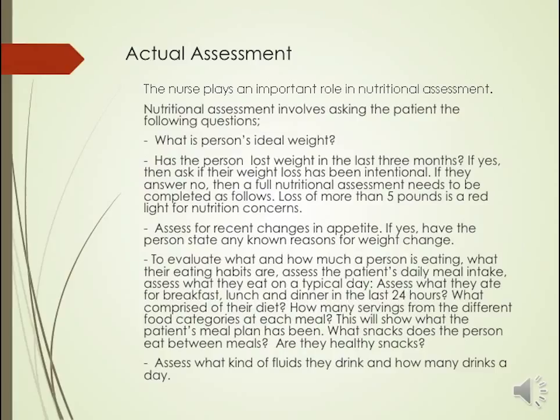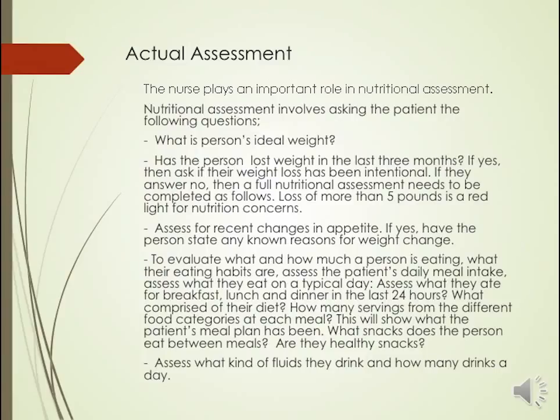If they have lost at least 5 pounds, this is a green light for nutritional concerns. Assess for recent changes in diet. If they say their diet has changed, have them state if there are any reasons why they think their diet changed. To evaluate what and how much a person is eating, what their eating habits are, assess the patient's daily